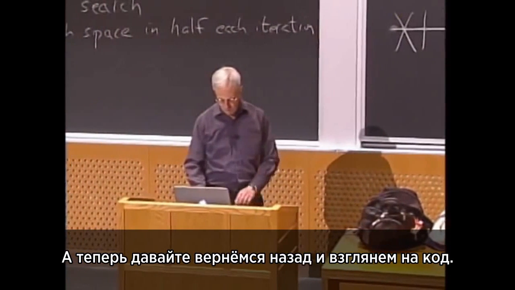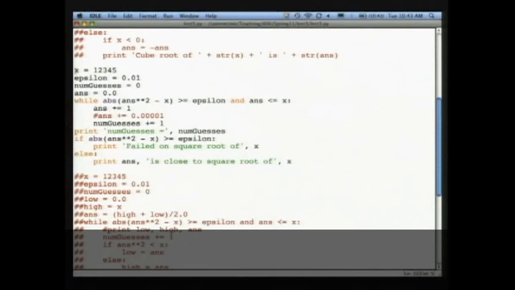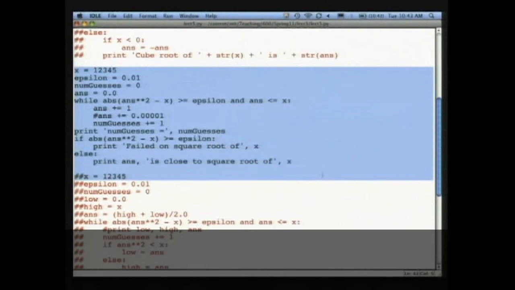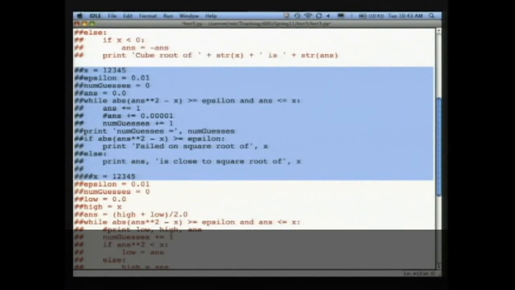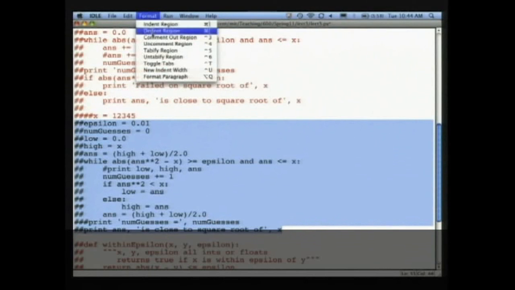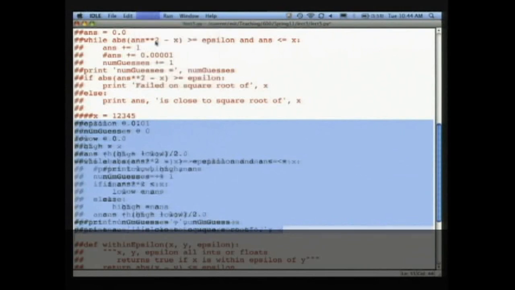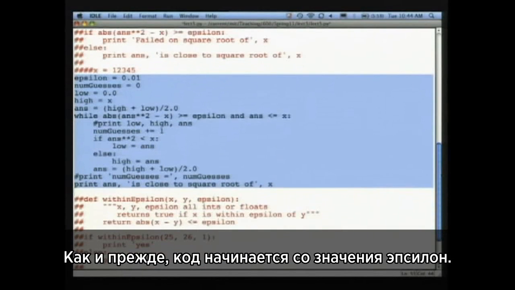Let's go back and look at the code now. So it starts as before with a value for epsilon. But now I'm going to take a lower bound here